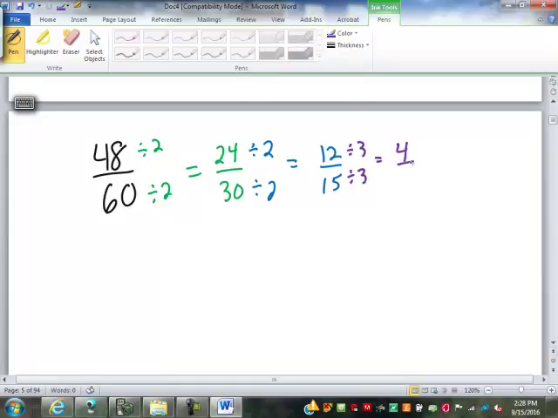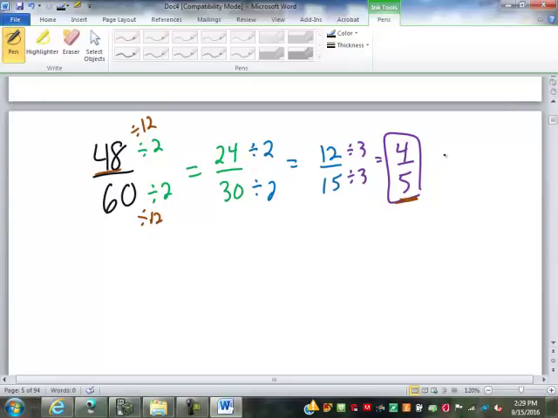So we get 4. 12 divided by 3 is 4. 15 divided by 3 is 5. So we get 4/5. Had you seen it right away, both of those could have been divided by 12. 48 divided by 12 is 4. 60 divided by 12 is 5. But again, you can see we got there just the same by taking any number we divided by,